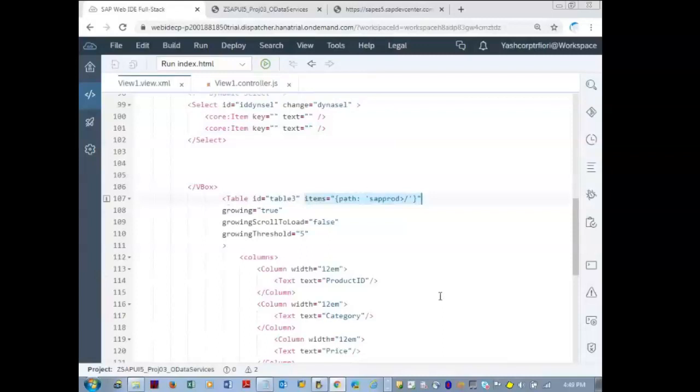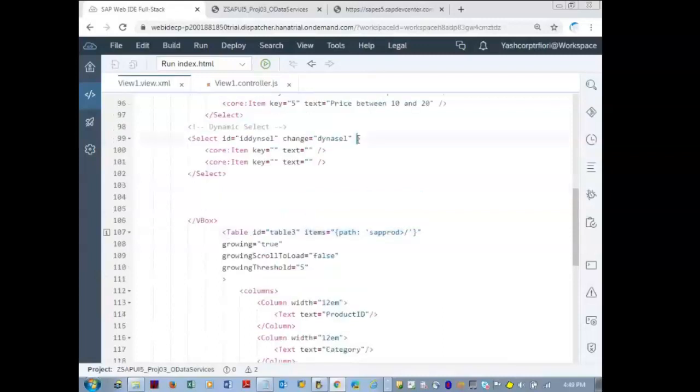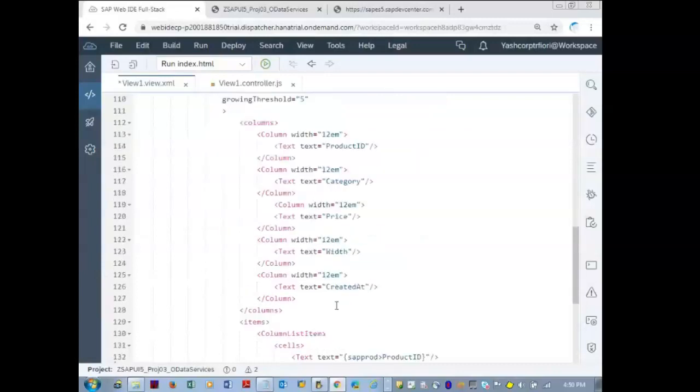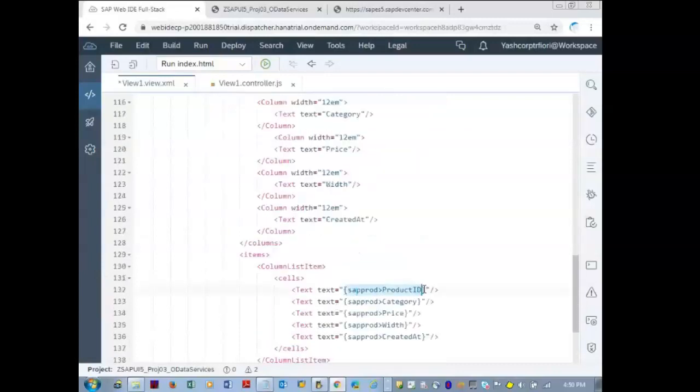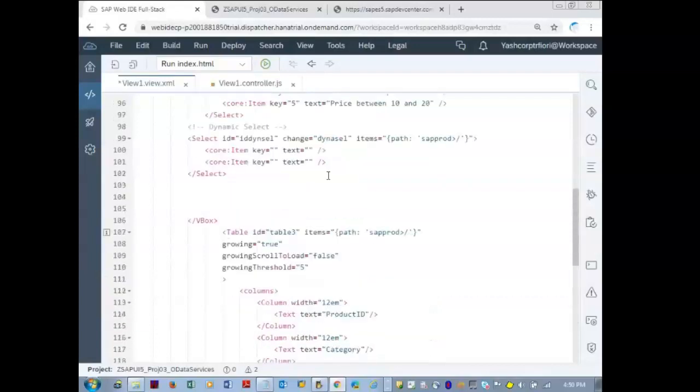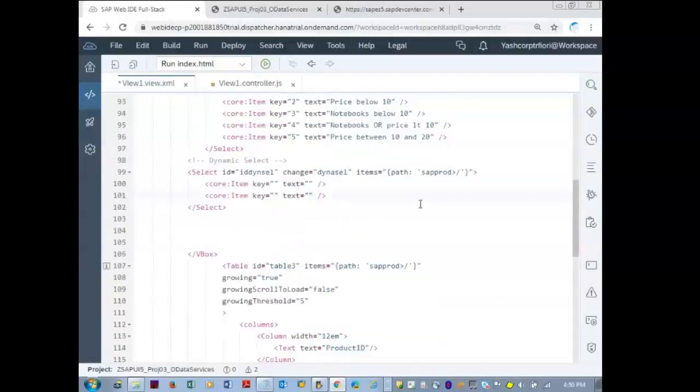So let us copy these items to the dynamic select. Clear? Fine. Next, this is the binding. I copy it here.